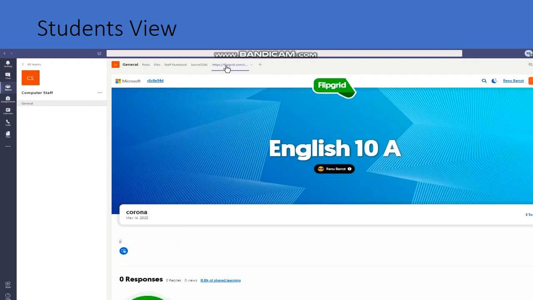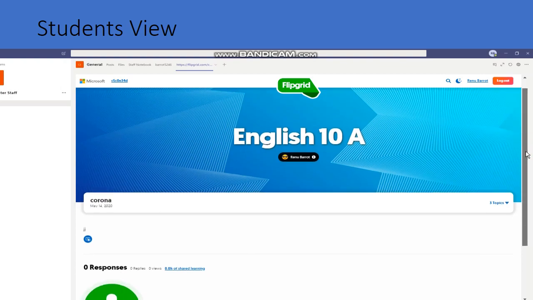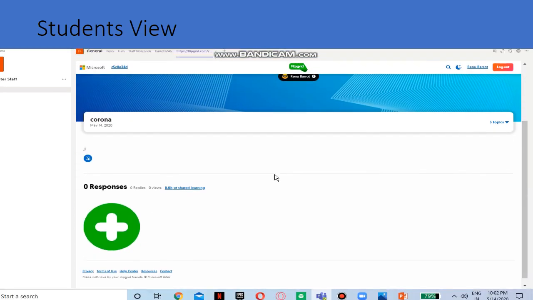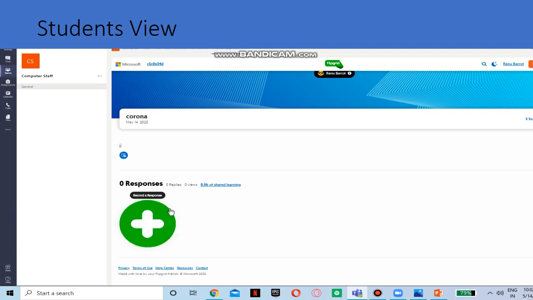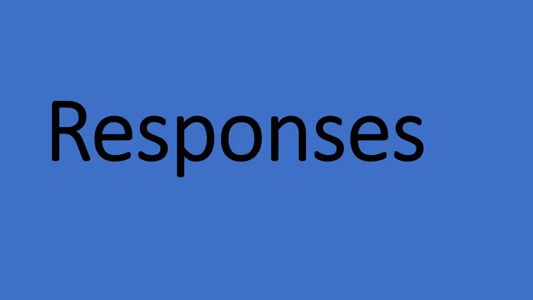This is the grid English 10A and the topic it is displaying is Corona. There is one green circle with a plus sign on it. This is basically to record a response. So if students click on this button, they can record their response and it can be posted in the grid.